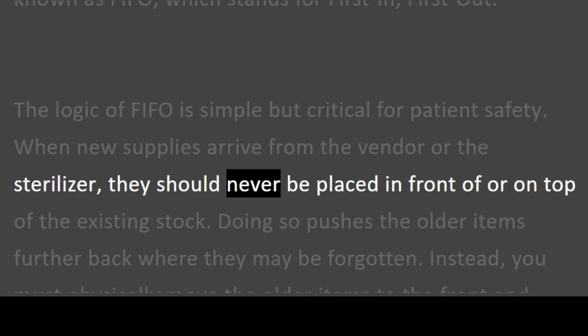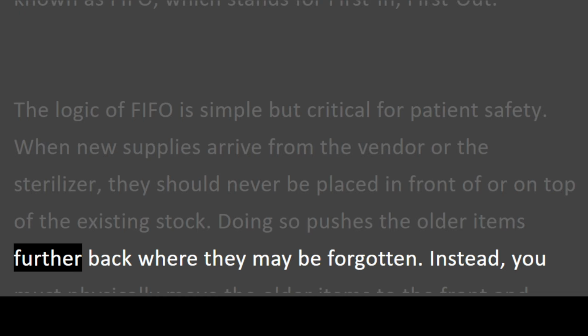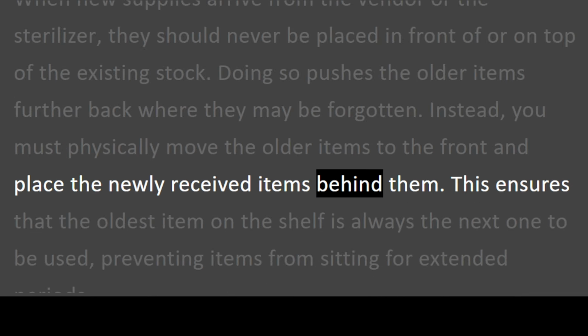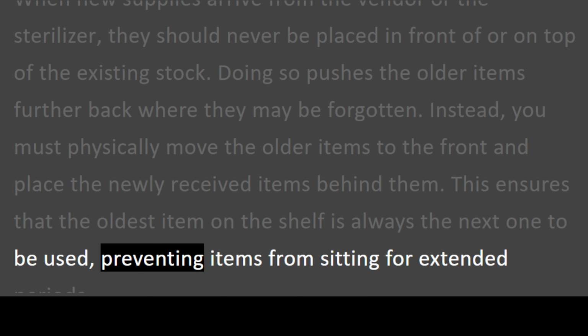sterilizer, they should never be placed in front of or on top of the existing stock. Doing so pushes the older items further back where they may be forgotten. Instead, you must physically move the older items to the front and place the newly received items behind them. This ensures that the oldest item on the shelf is always the next one to be used, preventing items from